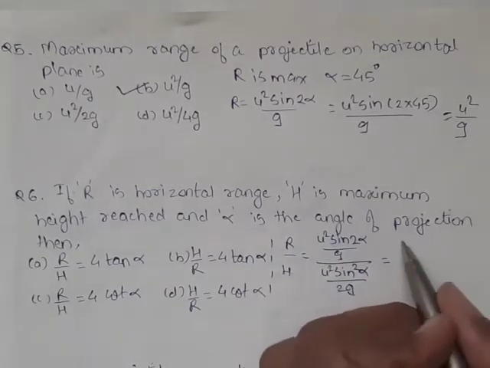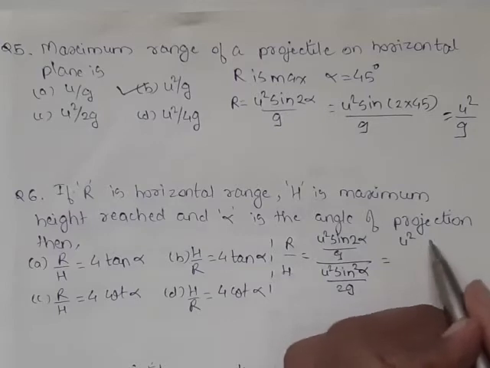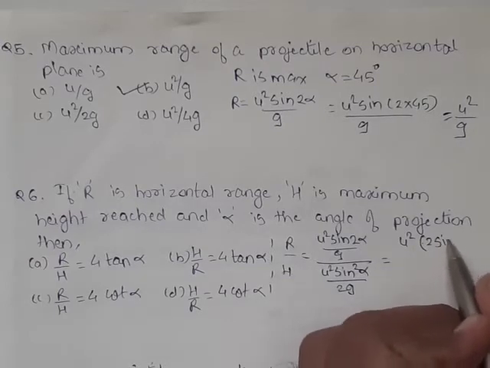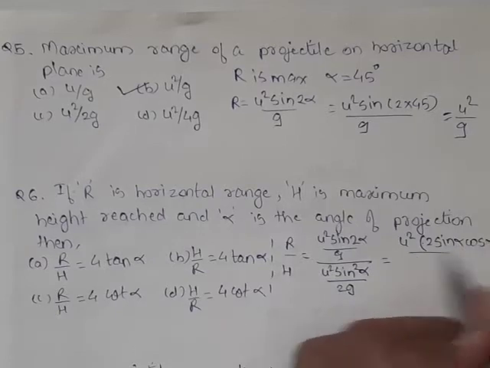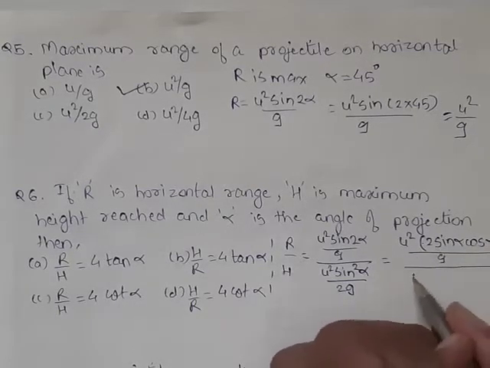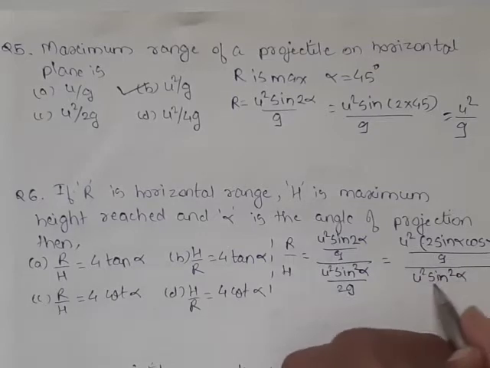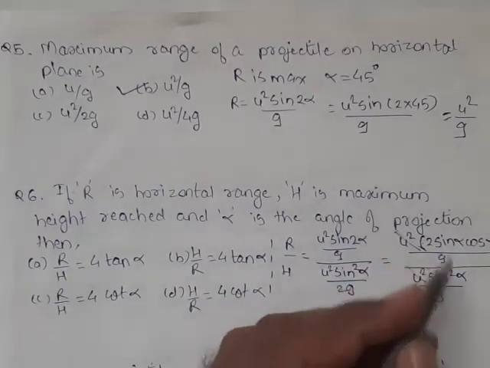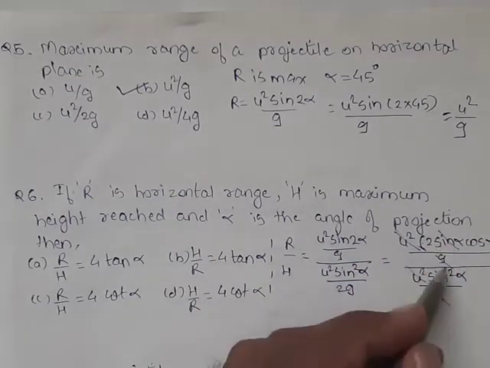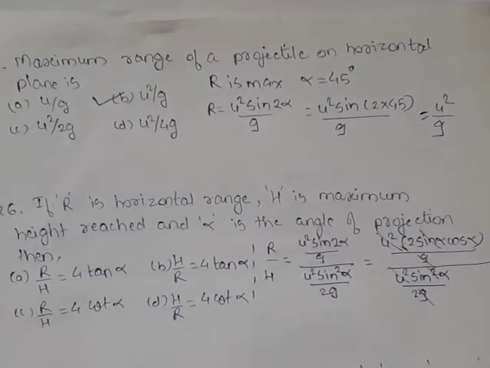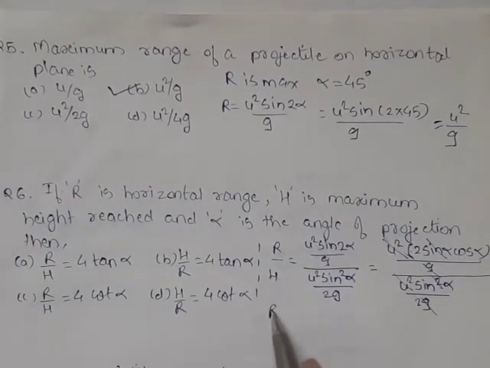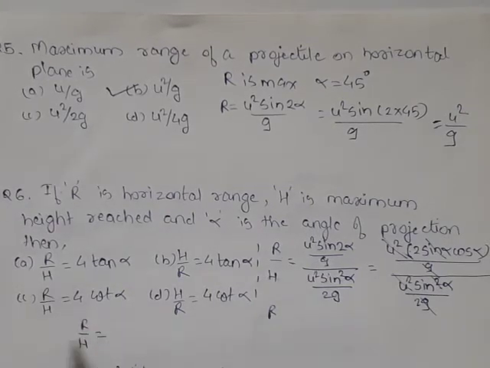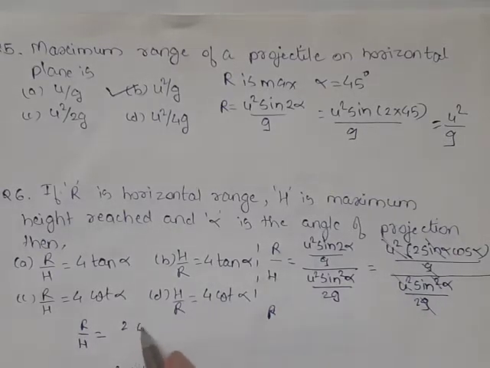So here we'll expand this bracket. Sine 2 alpha is 2 sine alpha cos alpha upon g, and denominator is u square sine square alpha upon 2g. So here u square gets cancelled, this g gets cancelled, this is sine alpha and this is square value. So finally we'll write down our simplified value, R upon H equal to, from numerator now it is 2 cos alpha upon, at denominator it is sine alpha